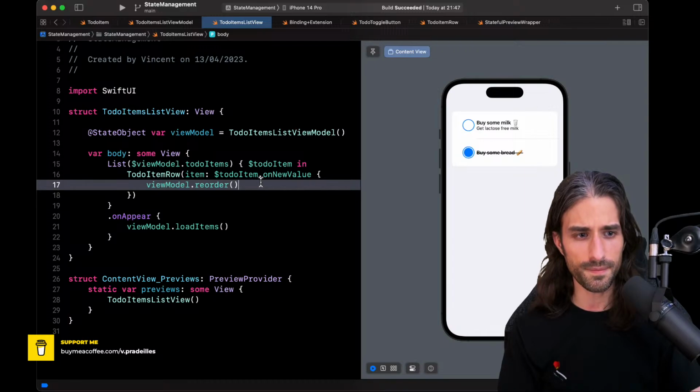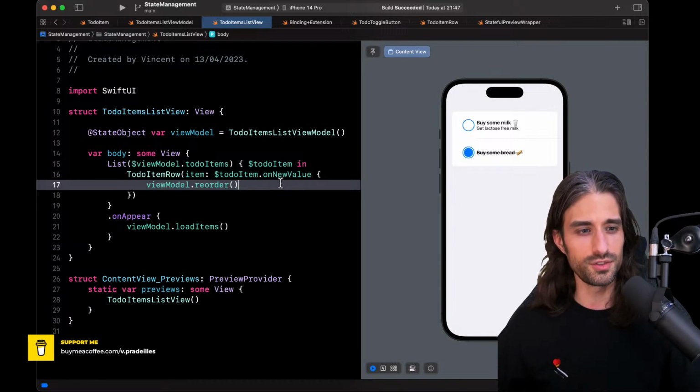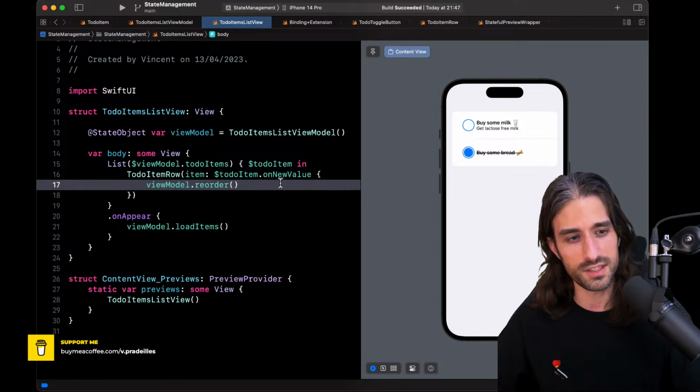But I would definitely be cautious about it for the simple reason that this is kind of hacky, in the sense that it's not something that SwiftUI exposes by default, even though it was quite easy to build, and so you might not want to use it too much because I am not convinced that it scales as much as the other solution.